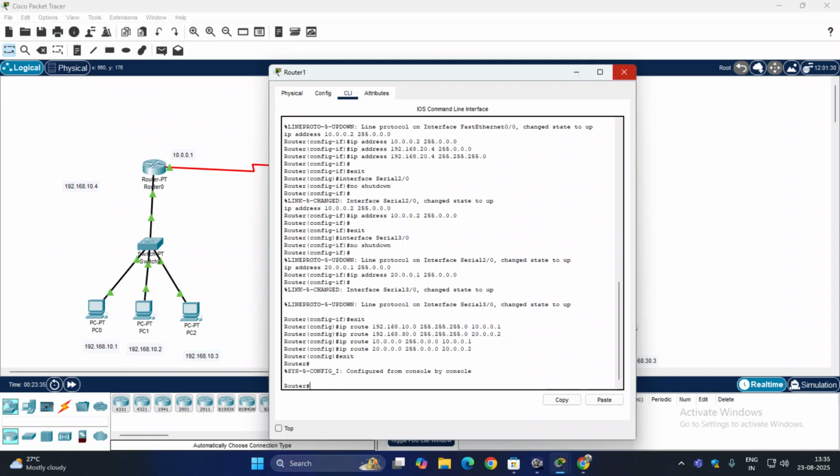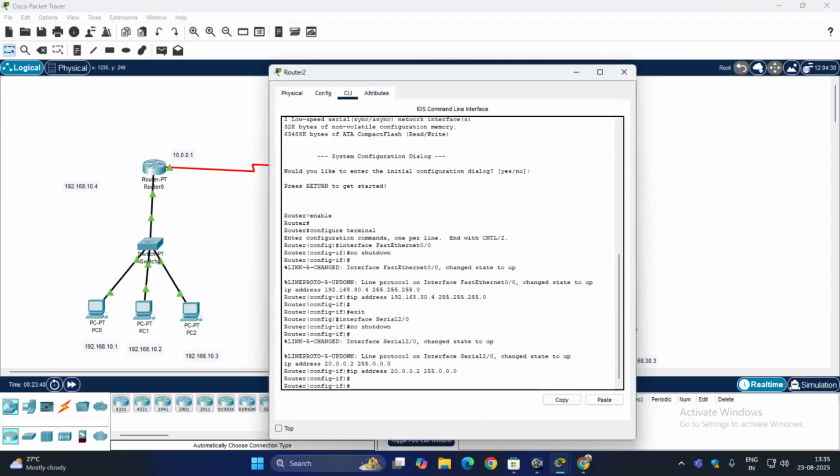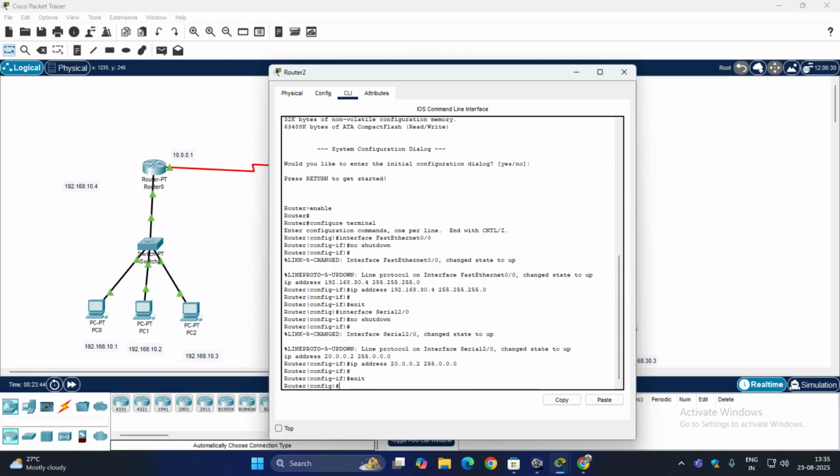So for the mid router we are just exiting, and it is configured from console by console. Moving to the last router, router 2. For router 2, go to the CLI, type exit here, and just give the router 2 commands, that is, IP route